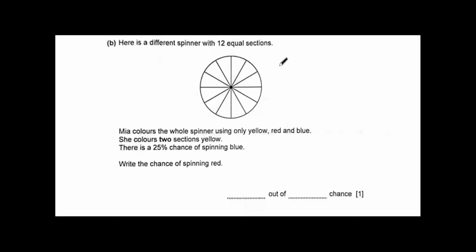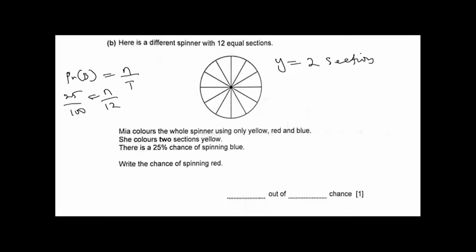So that means for yellow, let Y be for yellow, 2 sections for yellow, and there is a 25% chance of spinning blue. So that means probability of B for blue is equals to number of blue over total. So the probability is given as 25%, which is 25 over 100 is equals to number of blue over total